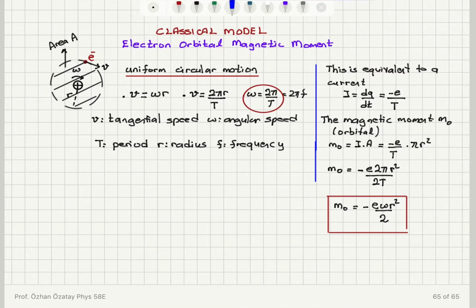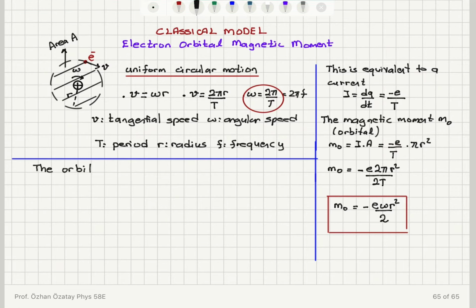Now we can talk about the angular momentum of this motion. So let's take a look at the angular momentum. So the orbital angular momentum, I'm going to show with p theta orbital. This can be written as